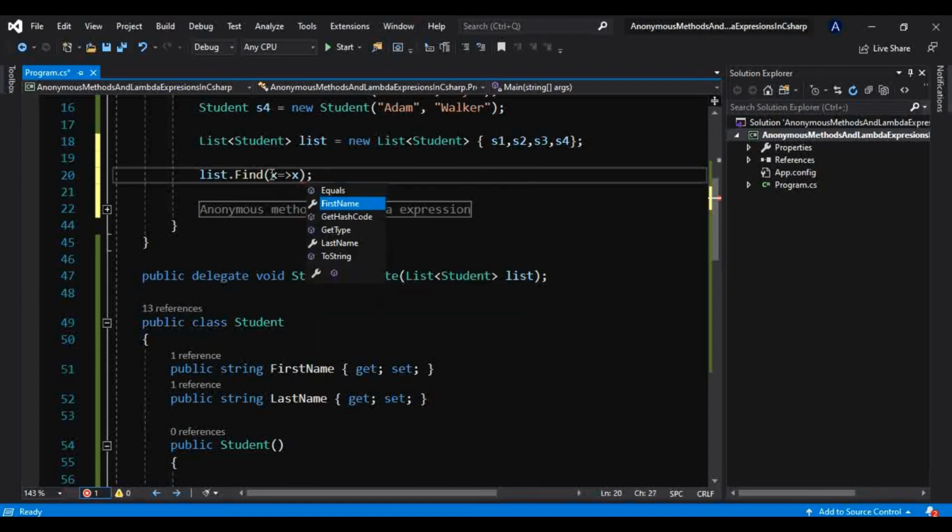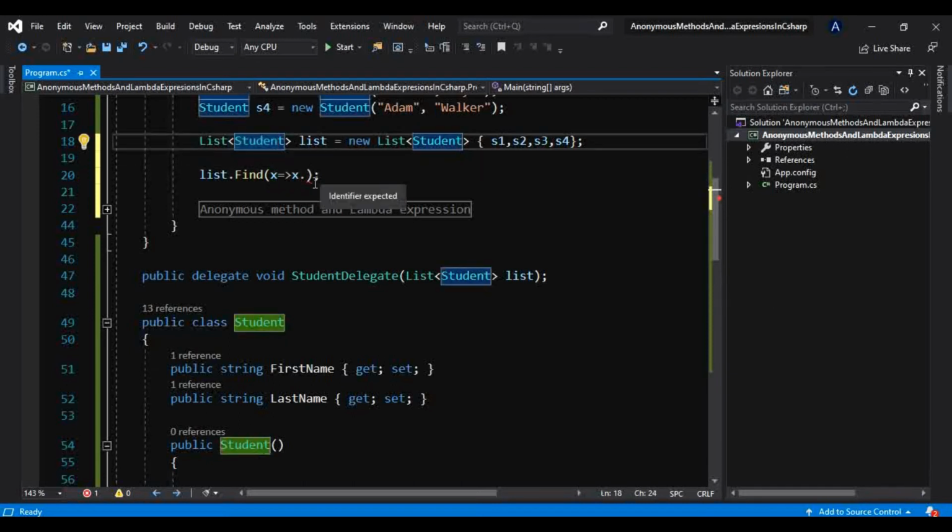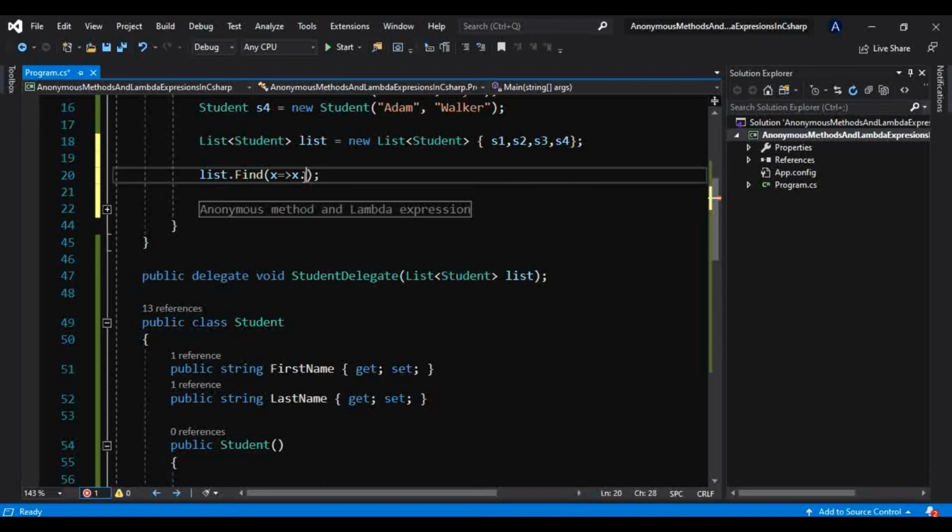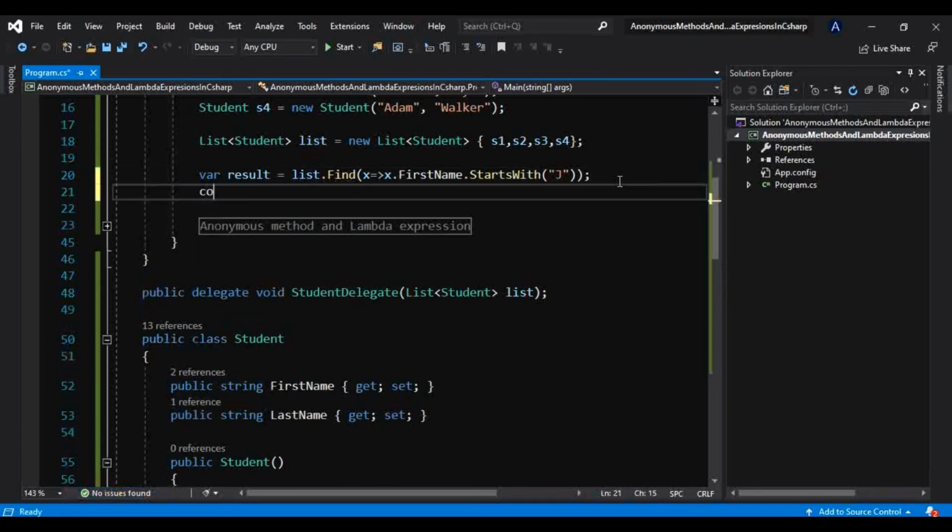If you notice, I get first name in the IntelliSense itself, so the compiler will automatically infer this object as the student object. That is why we get x dot first name here, and in that first name I will check if it starts with J. So simple, and I will store that into a result, and I will show that on the console.